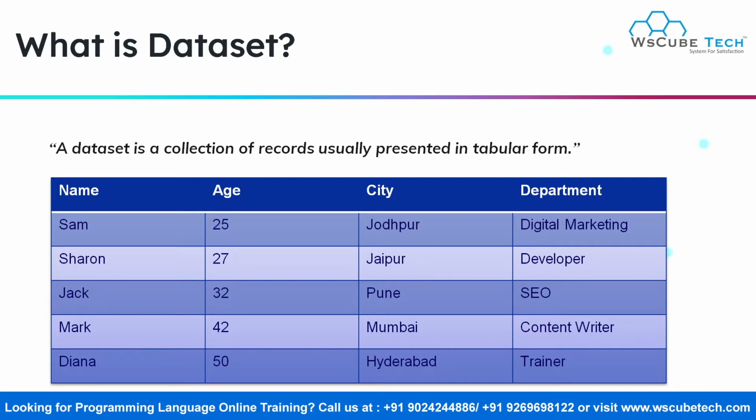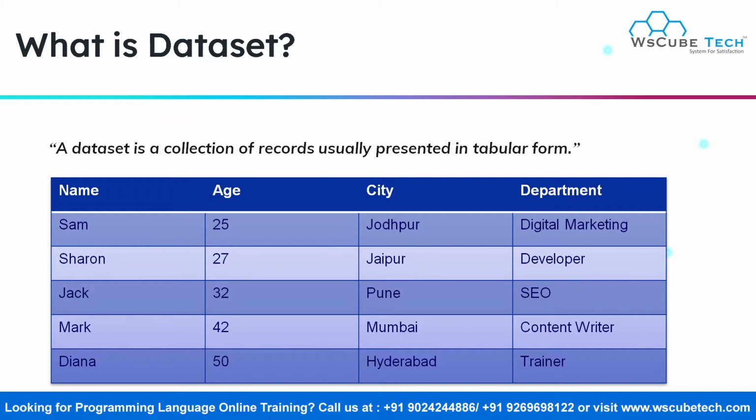Data, or you can just call it a data set, is a collection of records. It is stored in a tabular form, that is, in rows and columns, in a matrix form. This data is stored in a file, and we have different file formats. The most commonly used are CSV files, that is, comma separated values. Then we have JSON, JavaScript Object Notation, in which we store the data in the form of key value pairs in a tree-like structure. Moreover, we even have Excel file formats and many more.